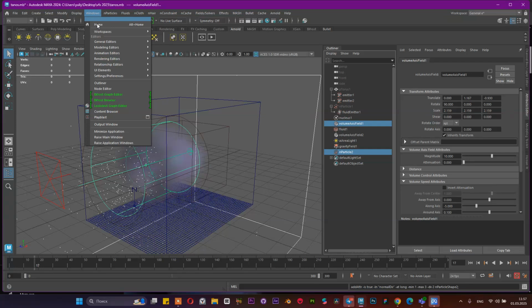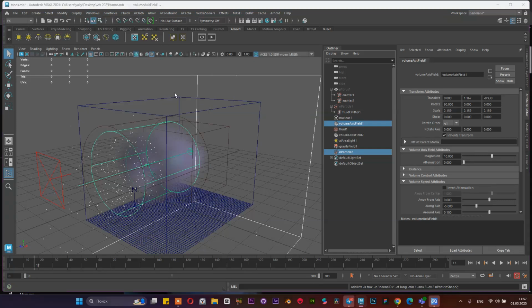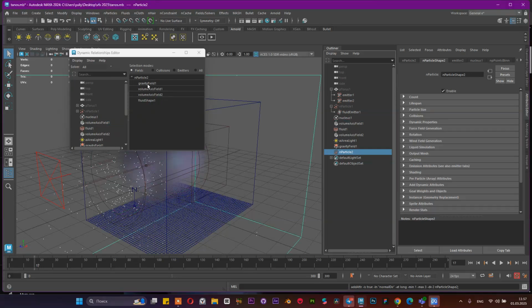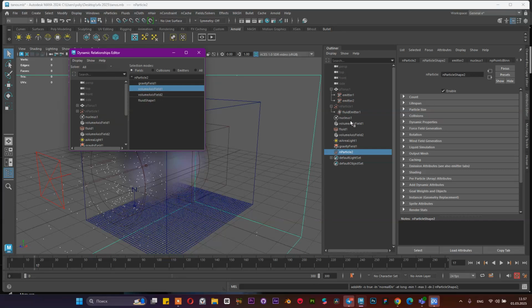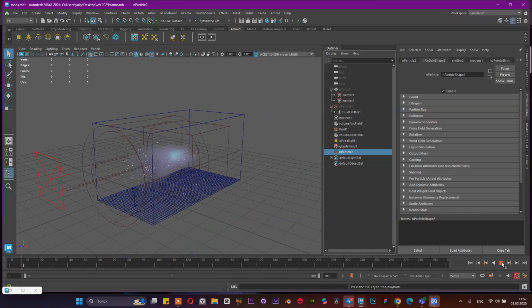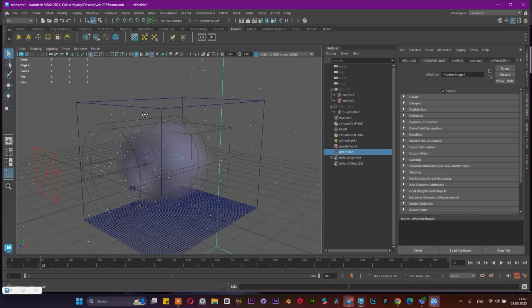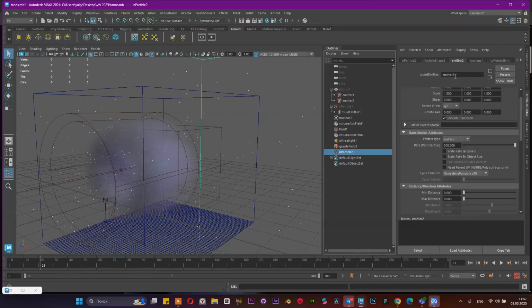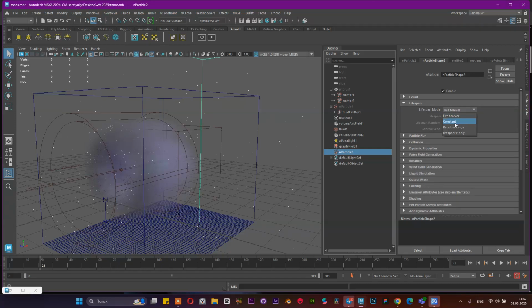Maybe inside of the windows. In the relationship editor, we have dynamic relationships. Inside of this dynamic relationship, we have the second particles, and we can select first our volume axis field, and it can already be affected by this field without creating a new one. And also in the second particles, we should change the lifespan. We can kill these particles at the same